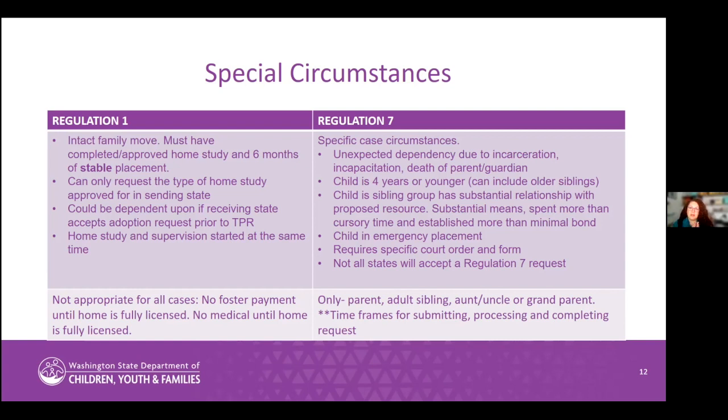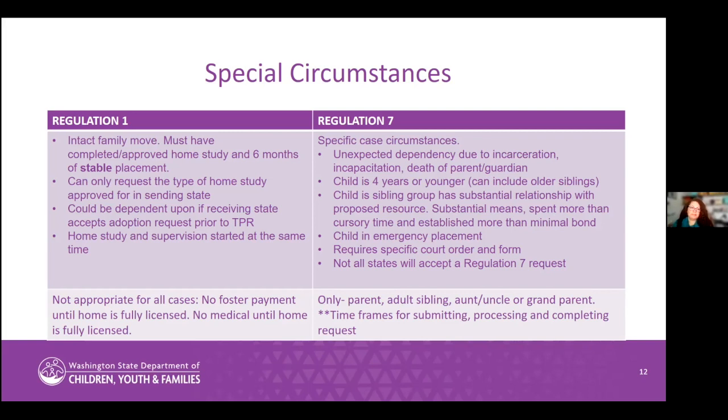We say that it's not for every family and it's not for every child. Part of that is there's no foster care payment, right? Once they leave their home in Washington, they're considered unlicensed. So they are not fully licensed until they complete their home study in the other state. For some families, they need that financial support. So that may be a situation where it's not for every family. We don't have another way to support them until they're back in an approved